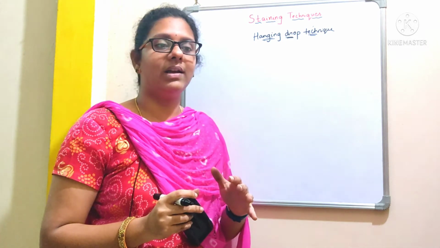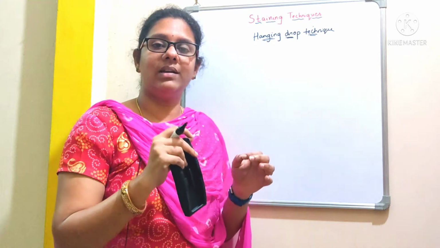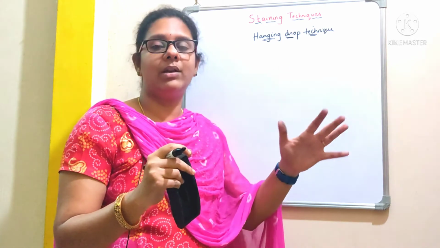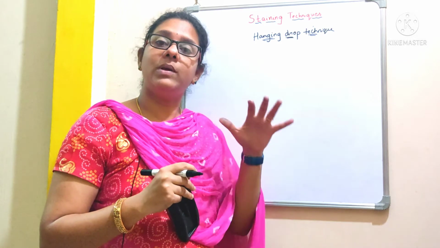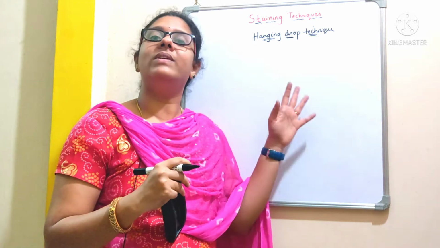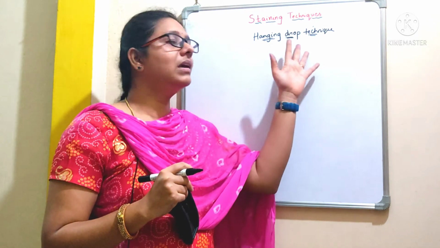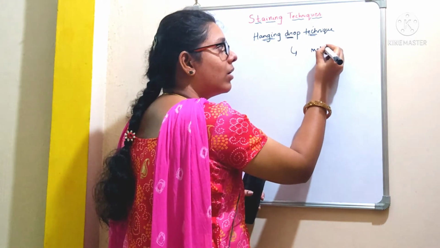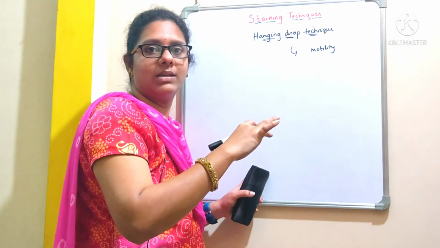As I told you earlier that these microorganisms are very small in size, and as we can't directly visualize them, we are going to stain them in order to visualize them under a microscope. But if the microorganism is large, then we don't need to go with this staining technique. Moreover, with the help of this hanging drop technique, we can easily observe the motility of an organism. Motility means movement of the organism, right?